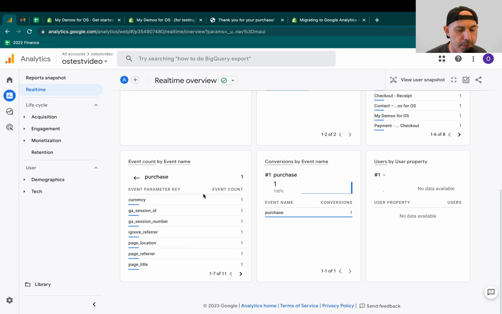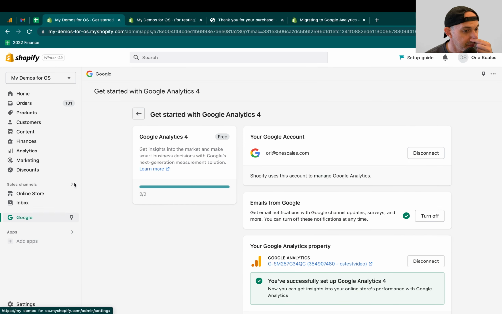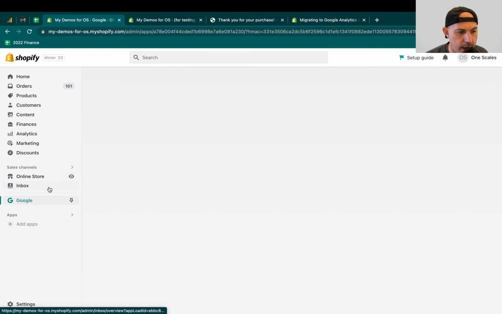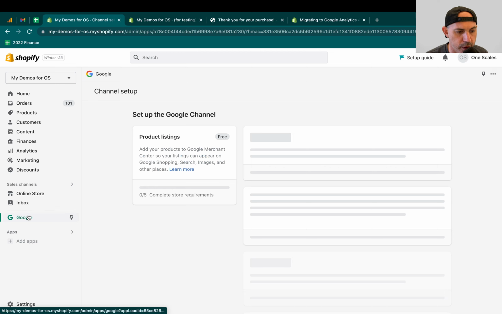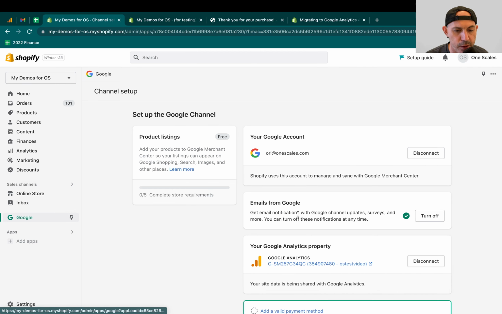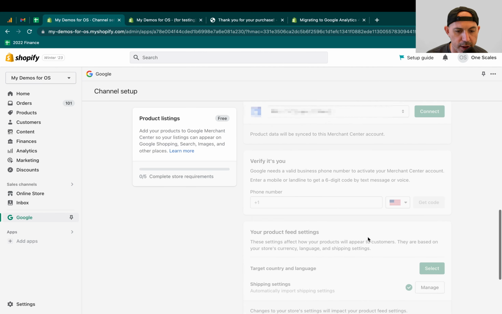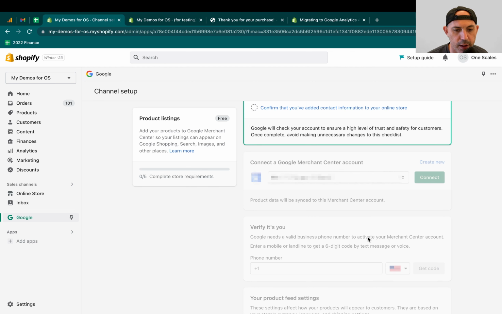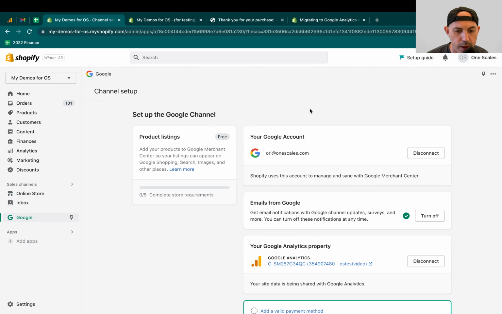So number one is make sure that you obviously have a Google Analytics 4 account, and then you have it on the same account you have access to, and then you can just sync it just like the way we had. Number two, if you go here, you need to enable the Google Sales Channel. And Google Sales Channel has other things like syncing your product, which I strongly recommend, and this will be a different video, okay? What else do you have here?